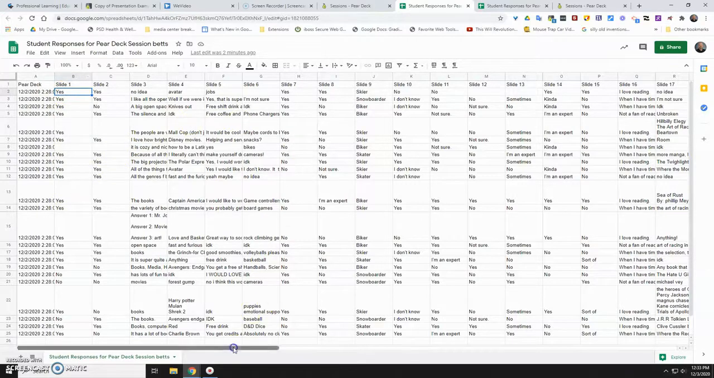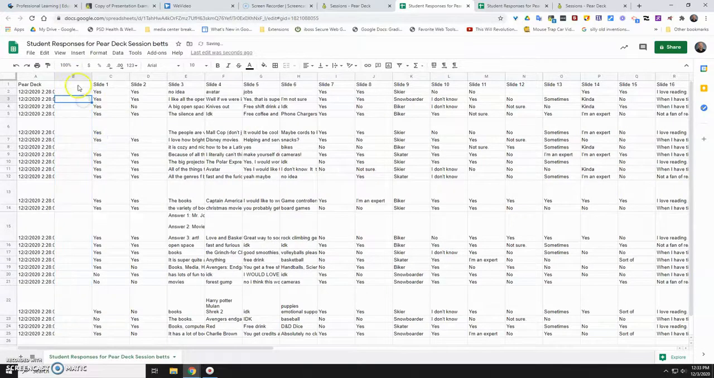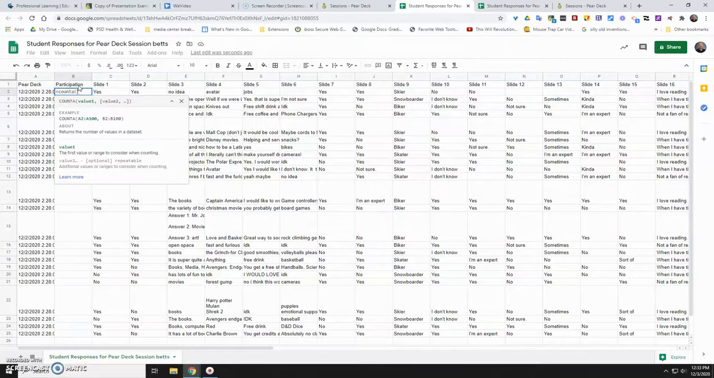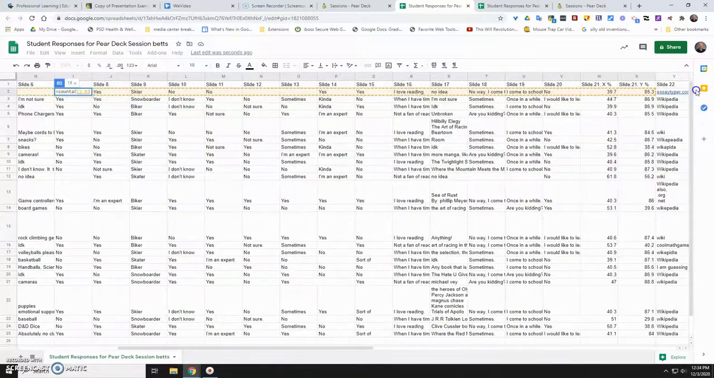You can get a good sense of who participated and how much, but if you want to get an actual score, you can just right-click on this column, say column B, and insert one column to the left, and then you can just title that participation. And then just by writing a simple little formula, you can get their participation score. So I just do equals, and then I type in COUNTA, which is just going to count how many cells have something. So it's just equals COUNTA, and then I just use my mouse to highlight all of their answers